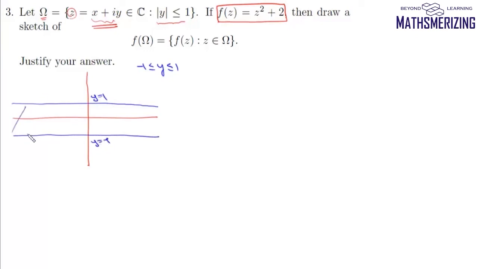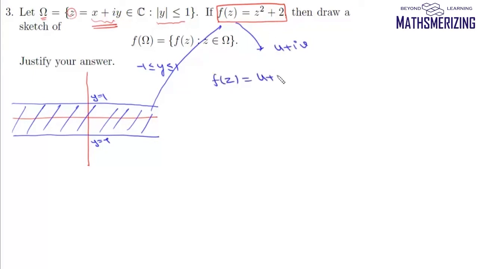So we are talking about all the points in this shaded region. Now we'll put the points from the domain in this function, and it will transform into an output space. Suppose u plus iota v. So we'll write this f(z) as u plus iota v, and it is z square. z is (x plus iota y) whole square plus 2, so we'll write this as u plus iota v equals x square minus y square plus 2